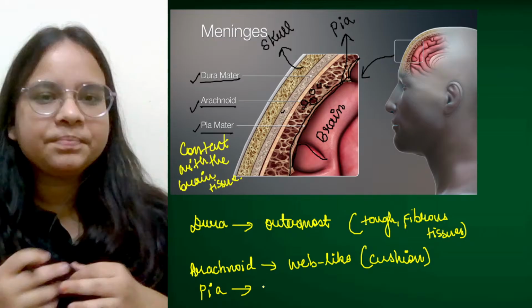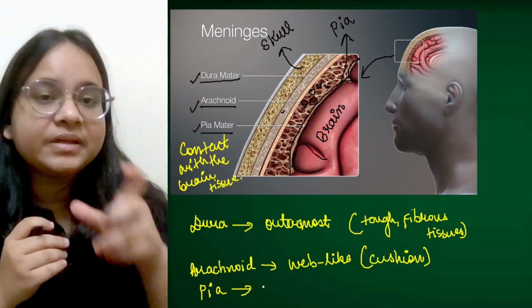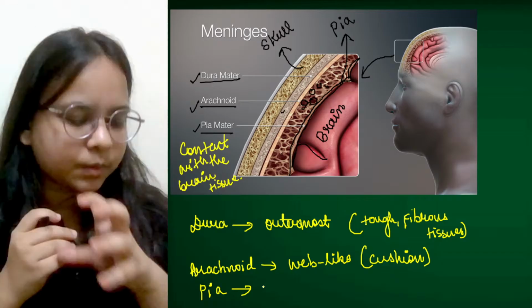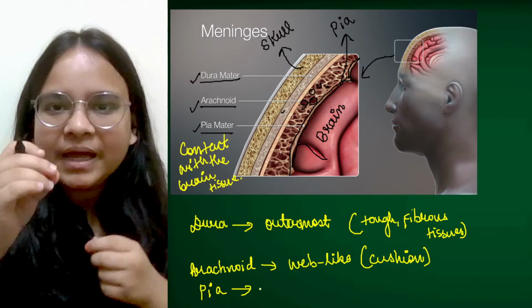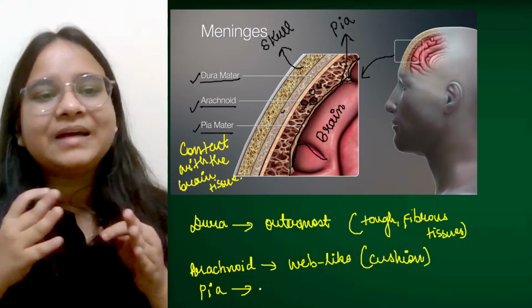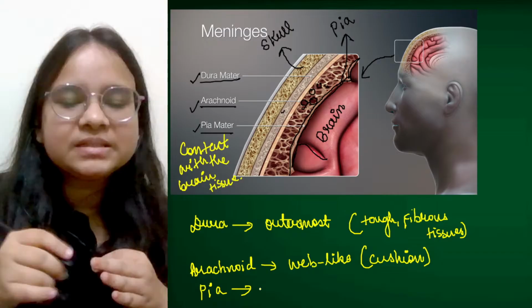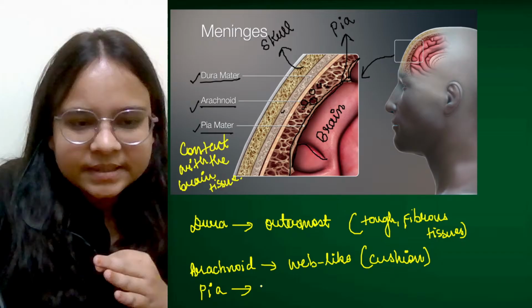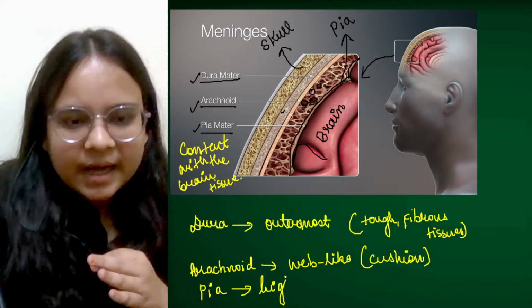We have already studied this in the cardiac system or the circulatory system. Vascular means blood vessels. So this layer of pia mater has numerous vascular bundles. That means it has blood. It is highly vascular,